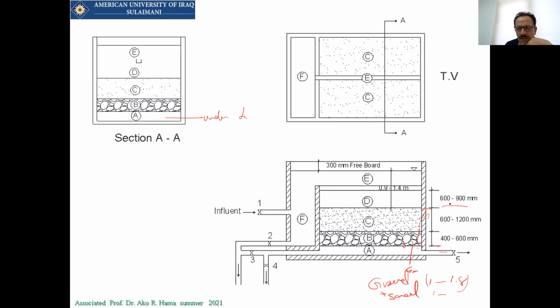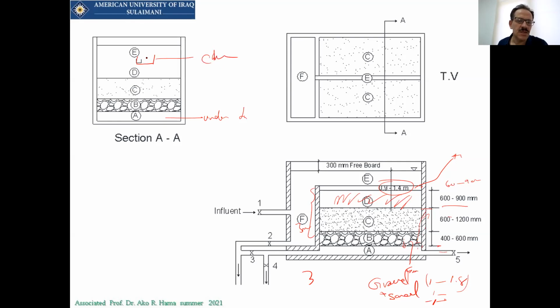After that, we will have another 60 to 90 centimeters, more than 1 meter. There will be only 1 meter of space for water above the sand. That will become 3 meters. So a maximum of about 3 meters is needed just for the filter tank. Above that, there is what is called the trough. The trough will be here. It is a channel. Why do we have a channel?